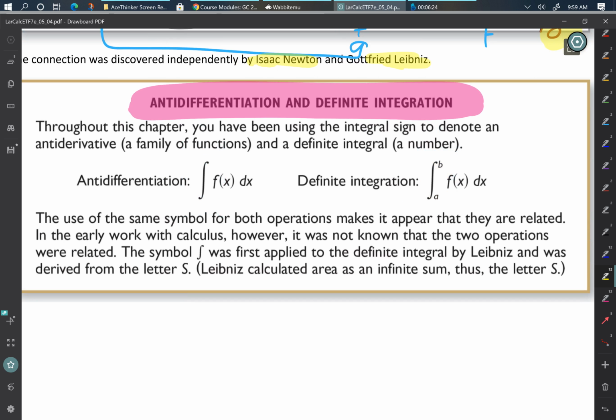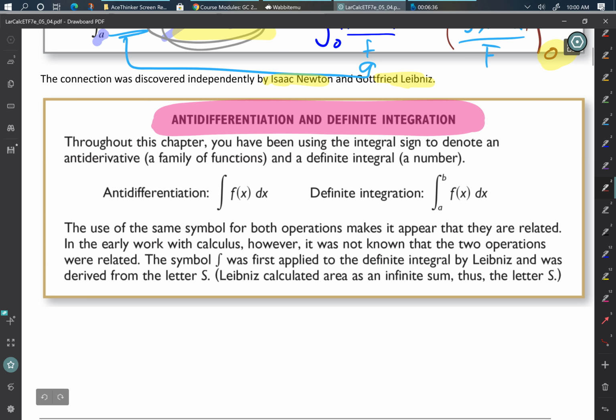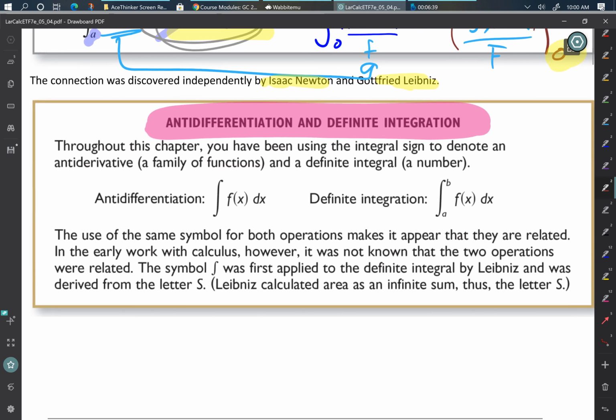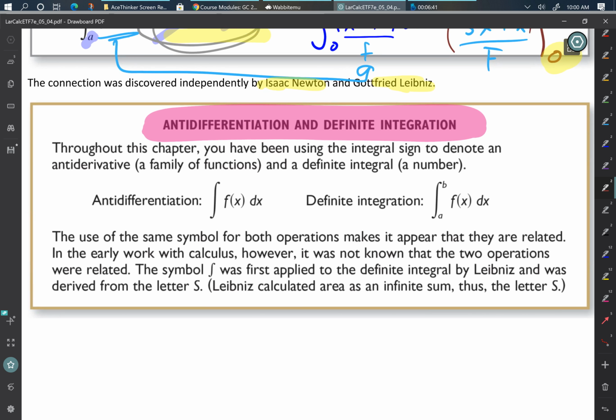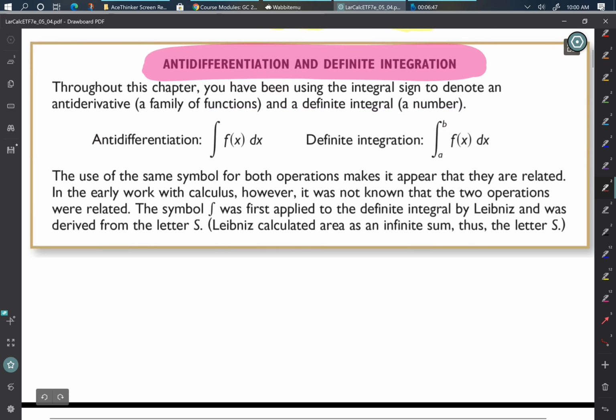Do we want this to be an anti-differentiation problem? Because if it's an anti-differentiation problem, I don't put limits. Or is it a definite integration problem where I do put limits? So it's a subtle difference, but it's a huge difference in what the answer is. So we need to make sure that we're eyeballing that, taking a good hard look at it. All right, so